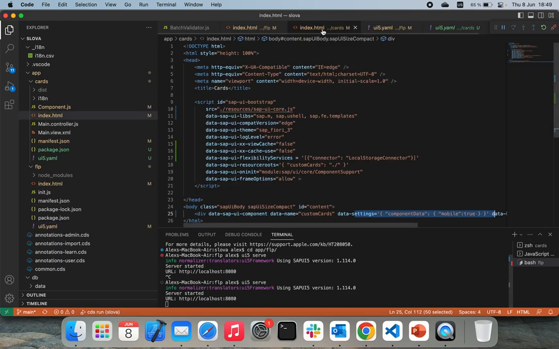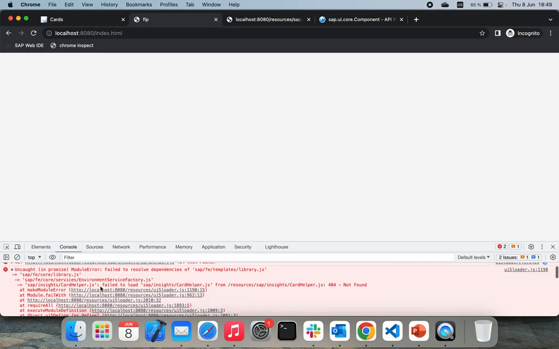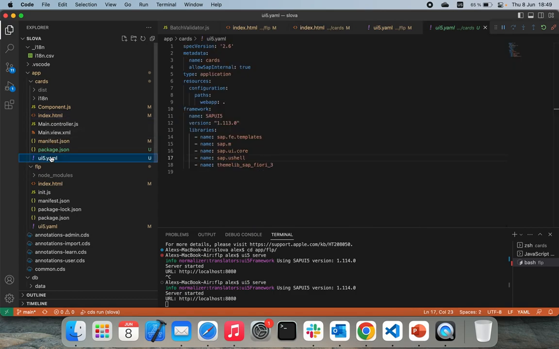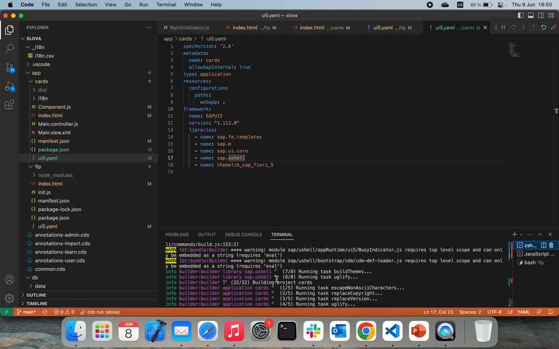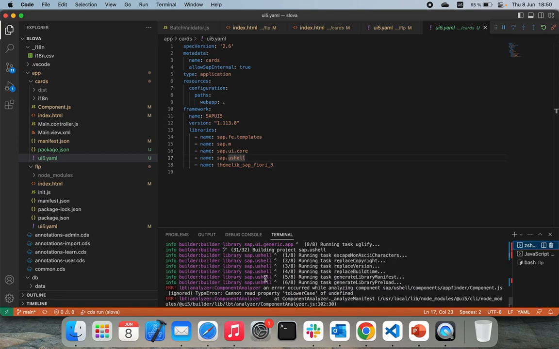we don't either load it as a library in preload, it will try to resolve the module. And in our case, we can see that somehow this guy has a dependency to this guy, right? So with 114, they have this dependency. And the same situation we have here. So actually, we have the Fiori elements templates, and there is some guy that needs some minor thing from shell. And therefore, we had to build the whole thing and the whole UShell with its dependencies, and